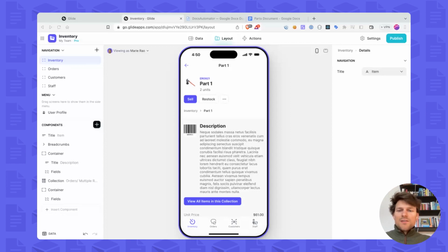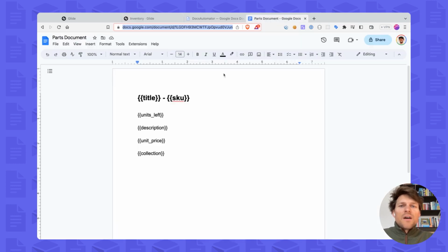So let's get started here in Glide. What I've done is I've taken the inventory app because my goal is to turn various details of the inventory parts that are here in my inventory, various details of those parts into a PDF. I've actually created a document for this already, which you can see here. Called this a parts document,